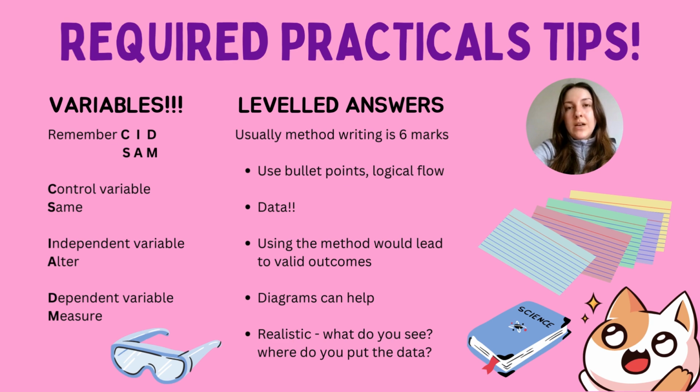Unlike in other questions, you need to really be looking at top leveled answers. It's kind of a range. So answers to 4 to 6 marks, level one. Those answers essentially will be the ones that have that logical flow through them. They give valid outcomes, and they have a realistic sounding board. So essentially, when you read it, you go, okay, if I was to do this practical, this is what I would see, this is what I would need to do, this is what I would need to collect in terms